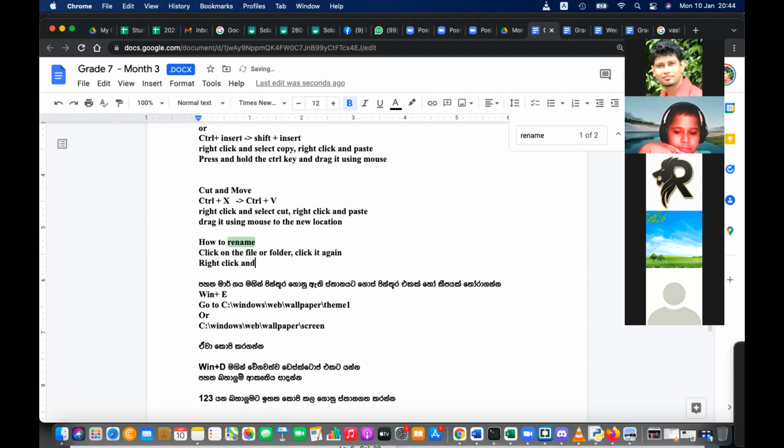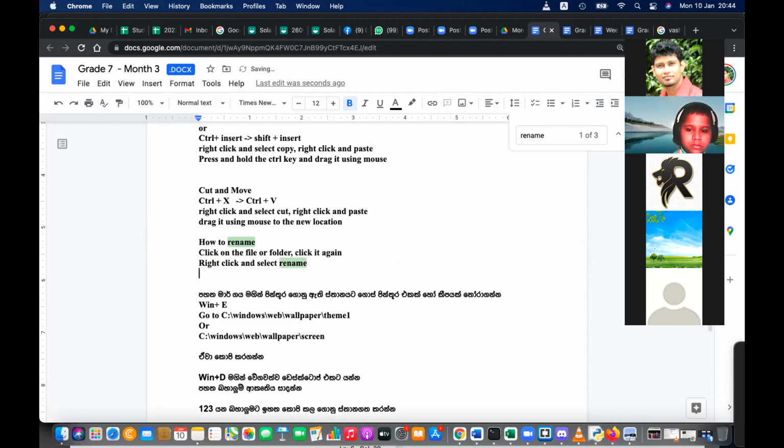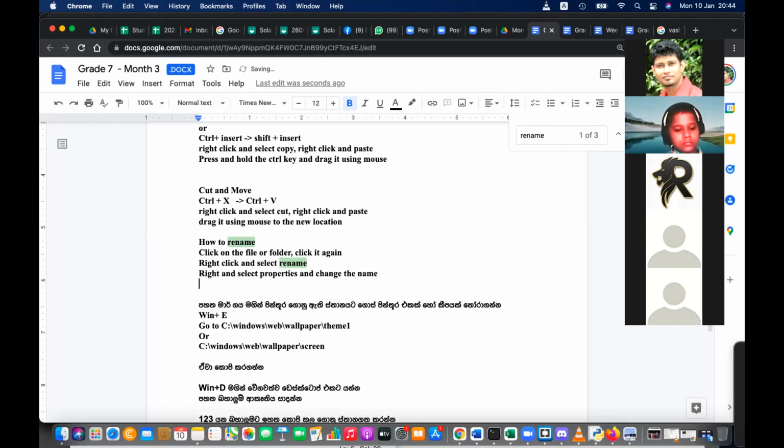Right click and select rename. That is another method. Right click and select properties and change the name. That is another way. Press F2 and rename.